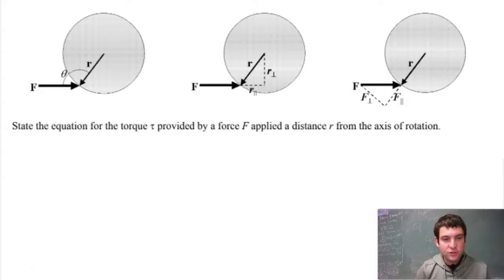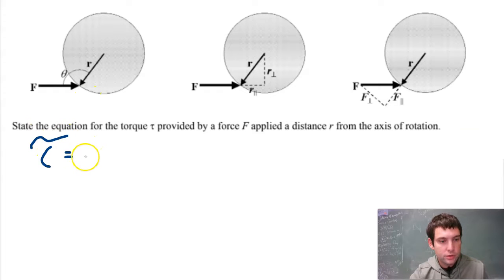State the equation for torque provided by a force F applied a distance r from the axis of rotation. Oh, that's easy, right? Torque equals r cross F. So the force F, distance r from the axis of rotation, when you multiply these two, as long